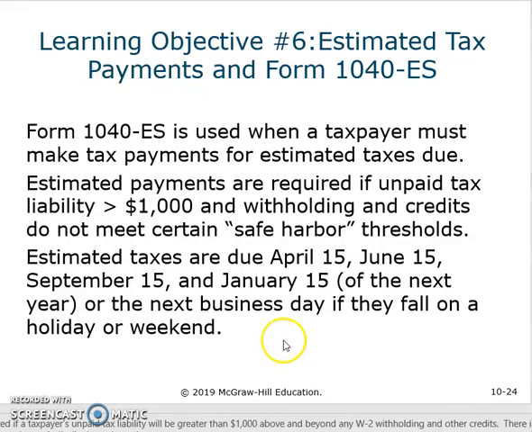Estimated tax payments are going to be required if the unpaid tax liability is more than $1,000 and withholding and credits do not meet certain safe harbor thresholds. So we talked about this in another chapter. The safe harbor thresholds are either 100% of the current year's tax liability or 90% of